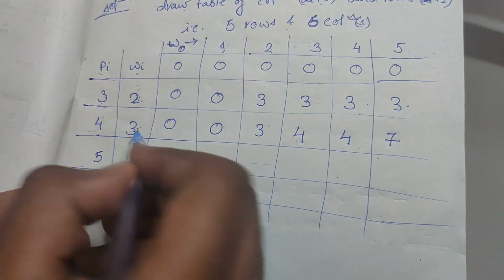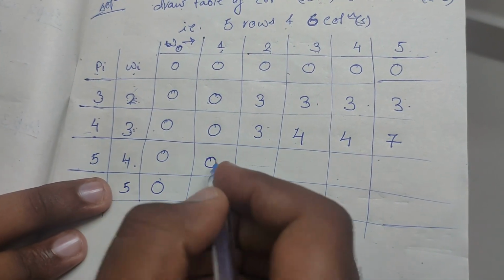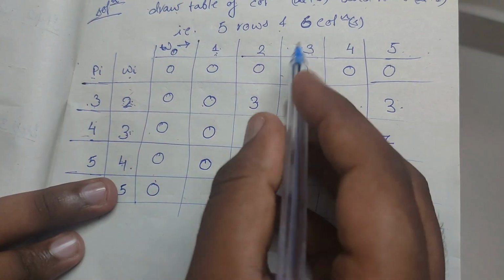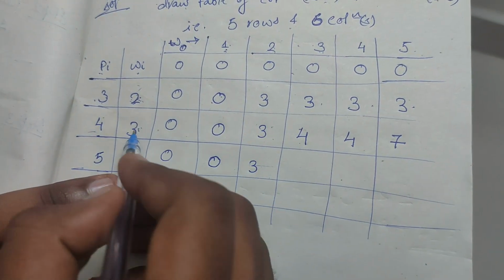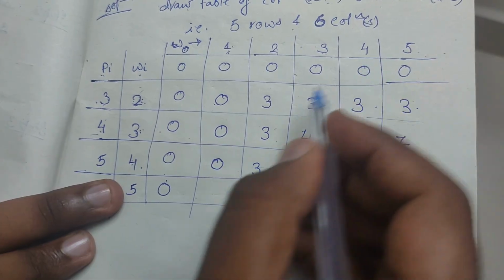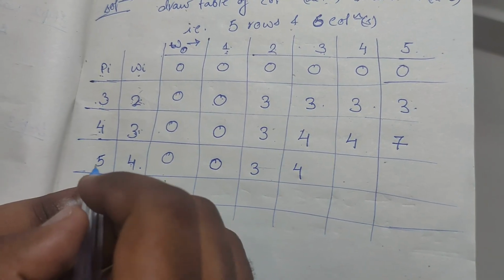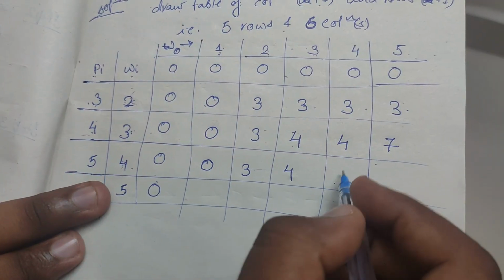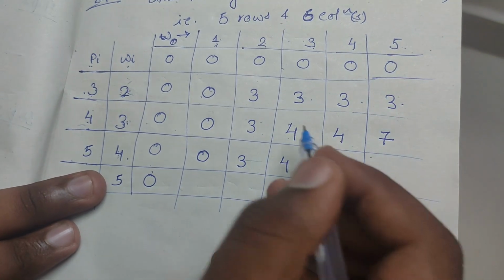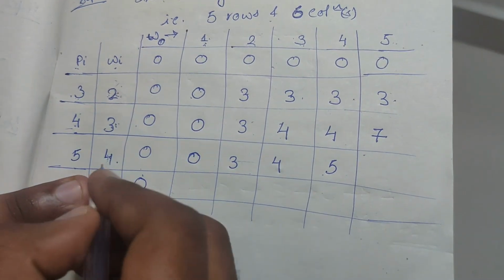Now in this row you have 3 options. You can take 2, you can take 3, you can take 4 also, but the capacity is 1, so you can take nothing, and capacity is 2 and corresponding profit is 3, so 3, and capacity is 3, so you have only one option and the profit is 4, so 4. And then if the capacity is 4, you can take 2, 3 and 4, but the profit corresponding to 4 is maximum. That's why you will take 4, so profit is 5. And in 5, now you can take 2, 3, or 2 and 3, or just 4.